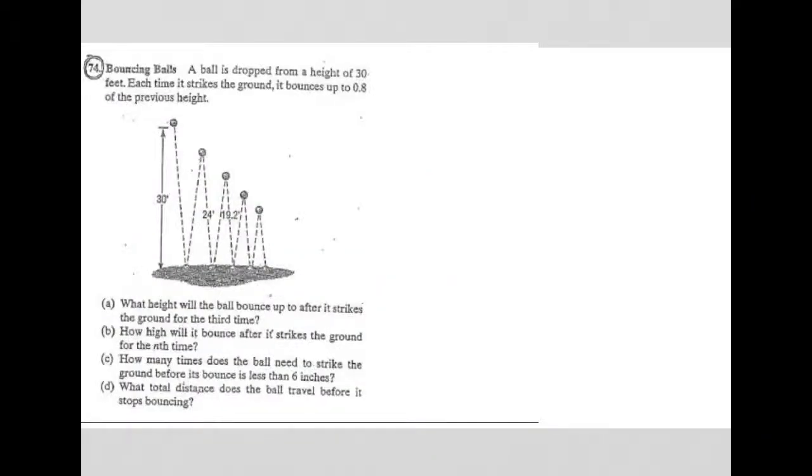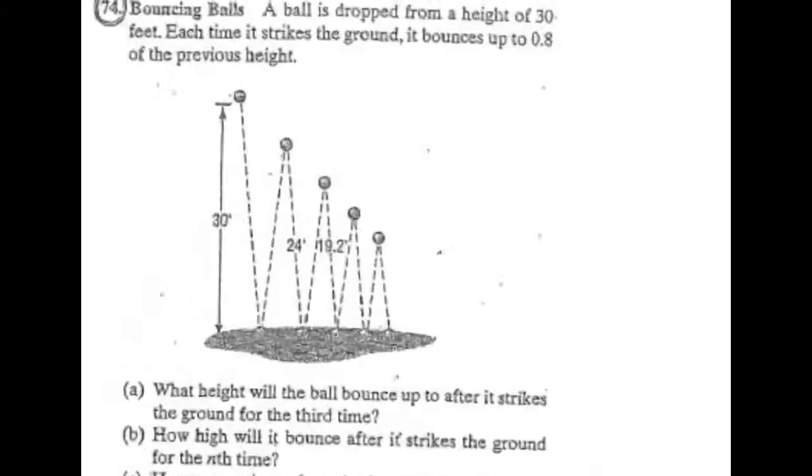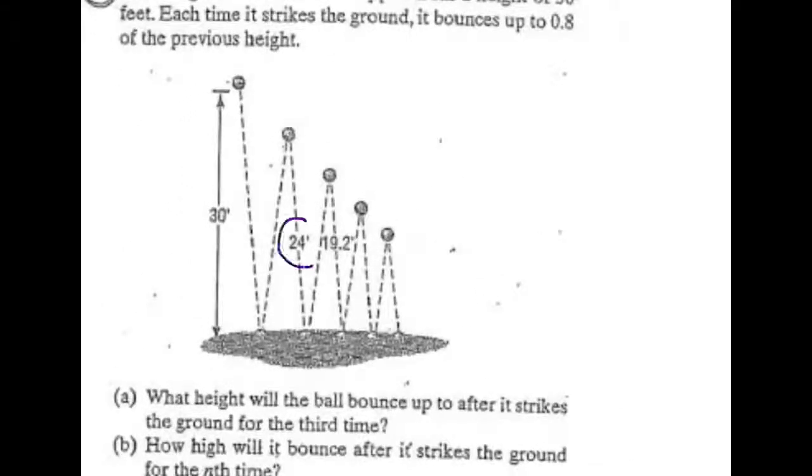Okay, so let's move on to the next question. A ball drops from a height of 30 feet. Each time it strikes the ground, it bounces up to 0.8 of the original height, so 80% of the previous height with each subsequent bounce. Question A says, what height will the ball bounce up to after it strikes the ground for the third time? So think about after it strikes for the first time,